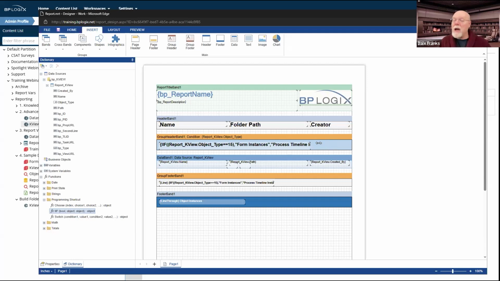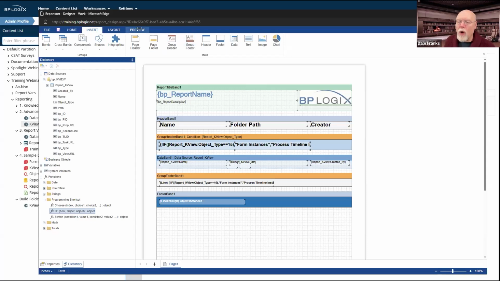And if it is any other object, and I only have two types of objects, it must be a process timeline instance, so I want you to say process timeline instances. So this is creating the two groups, one if true, one if false: form instances, process timeline instances.